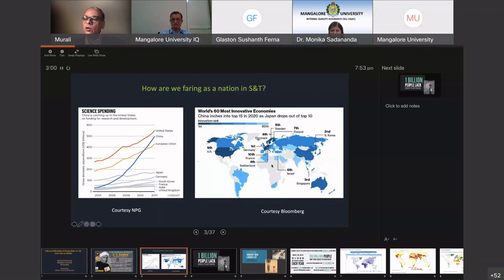Now, the reason why we're interested in looking at innovation as a measure of success is because innovation leads to commercial products, and that leads to revenue generation, and that leads to greater GDP growth. So if you look at the slide on the right, we don't do very well when it comes to innovation. Look at China. China is now among the top 15 in the world in 2020. And there's a clear correlation between how China became such a superpower in innovation and the amount of investment they have made